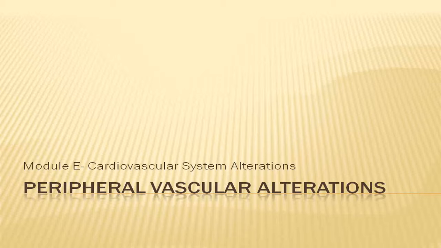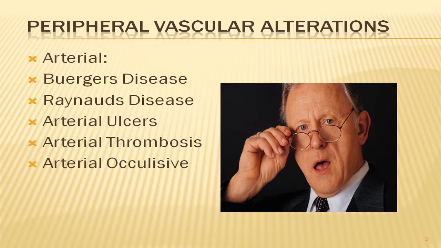Okay, this is our lecture on the peripheral vascular system. This is also covered under Module E. We got a lot of information under Module E. This information is found in Chapter 38 of your Lewis text. So, with peripheral vascular alterations, we're going to look at Buerger's disease, Raynaud's disease, arterial ulcers, arterial thrombosis, and also